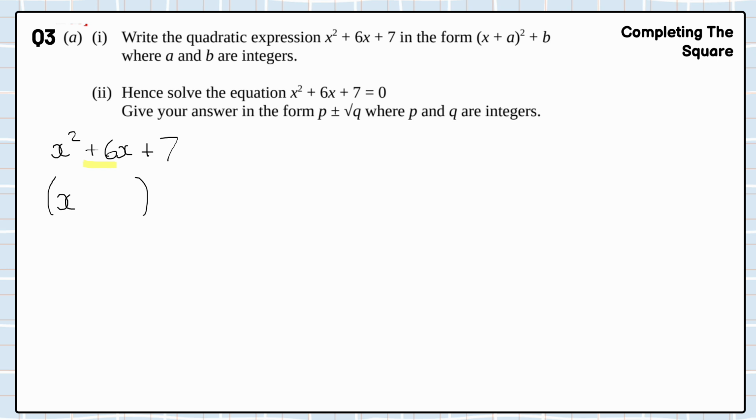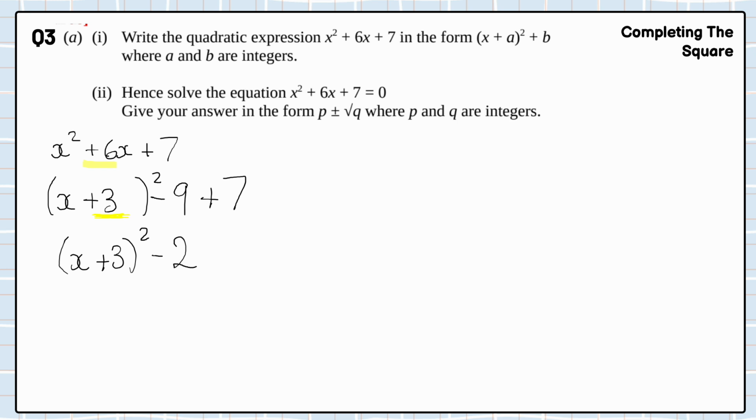So I'm going to write plus 3 squared. That plus 7 at the end, we ignore it essentially. And then to work out what this number here is, it's always going to be the square of this number in here. So the square of 3 is 9, but we always subtract it. So therefore we get x plus 3 bracket squared